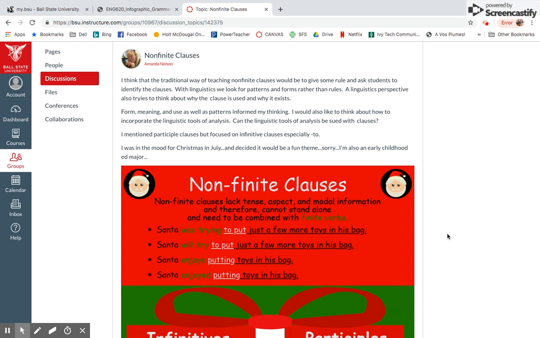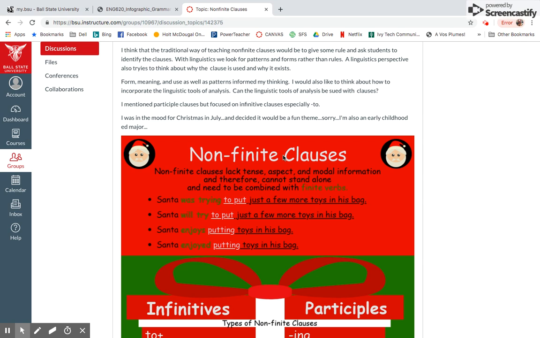The first thing that I'd like to compliment you on, other than the color scheme you chose and the subject, is that I really like the color coding with the white being a non-finite clause and the green being for finite verbs. It's a really good job there, especially for students like myself who are visual learners. And along with being good for visual learners, I think it shows how everything functions together in the syntax of